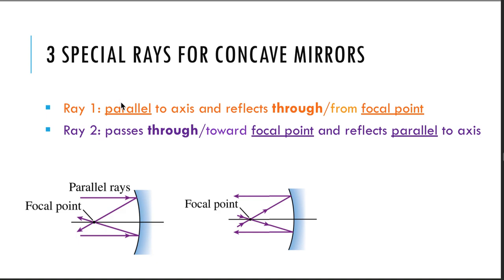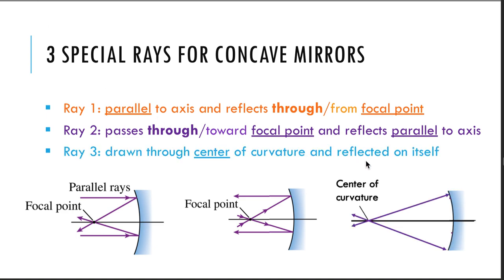The second ray is going to pass through the focal point and then reflect parallel to the axis. Again, this comes straight from the definition of the focal point that we just saw. So you can see how useful the focal point is because it helps us draw 2 of our 3 special rays. The third ray that I like to draw is the one that goes through the center of curvature and